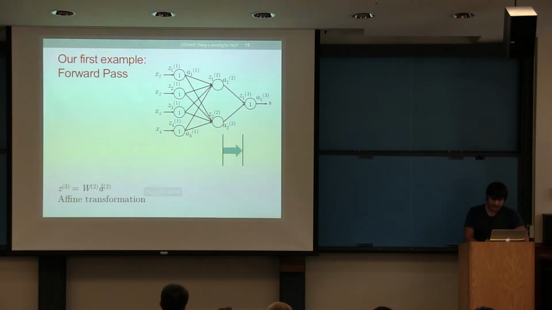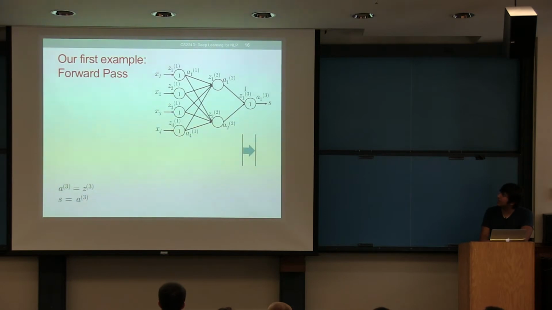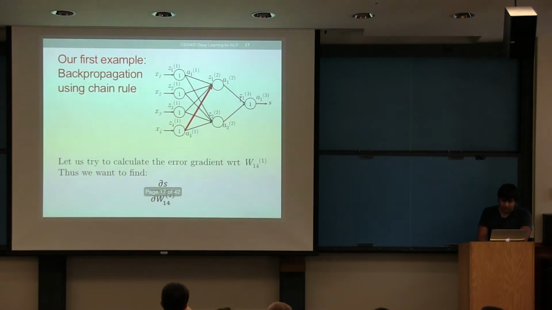All right, and then we do the exact same thing. We map it outwards and we get Z3, which is a product W2A2. And at the end, again, we have nothing really happening here. We just basically forward it through since we're using a max margin loss in this case. So it's basically just getting multiplied by 1, and your activation is simply your linear combination Z. All right, so that's how forward pass works.